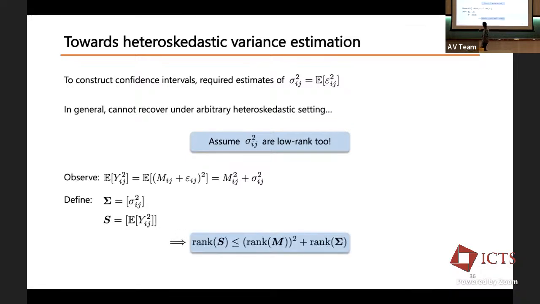If you look at this matrix S, which is the entry-wise squaring, the rank of that is going to be at most the rank of m squared plus the rank of your variance matrix sigma. Which is really nice, because what that leads to then,